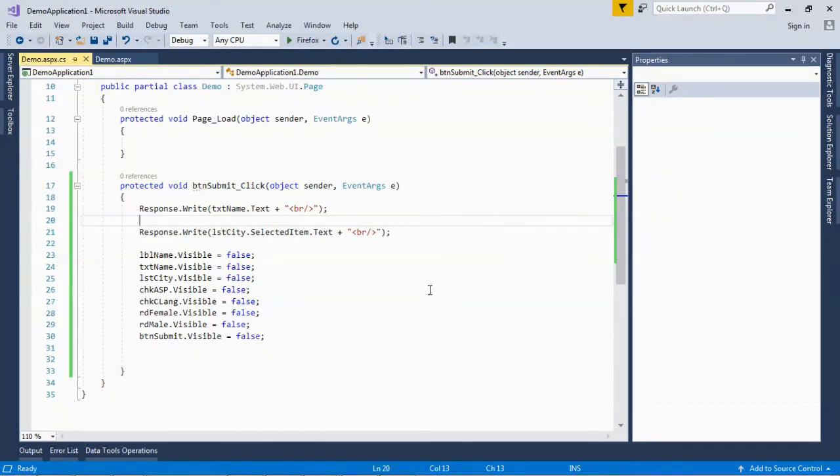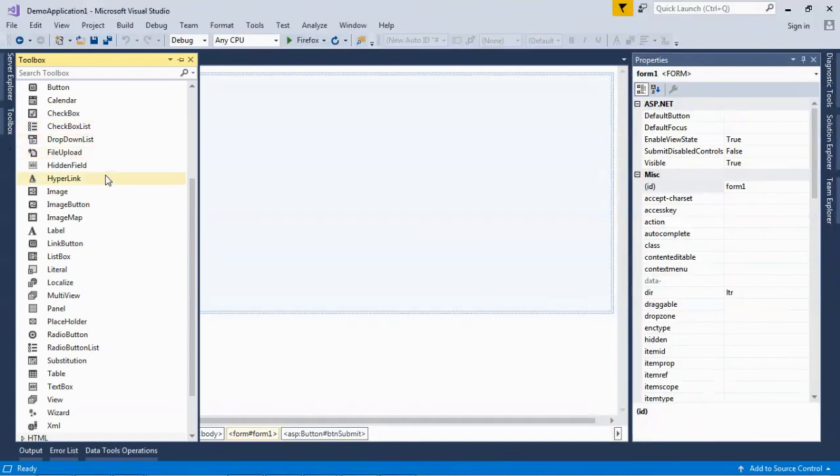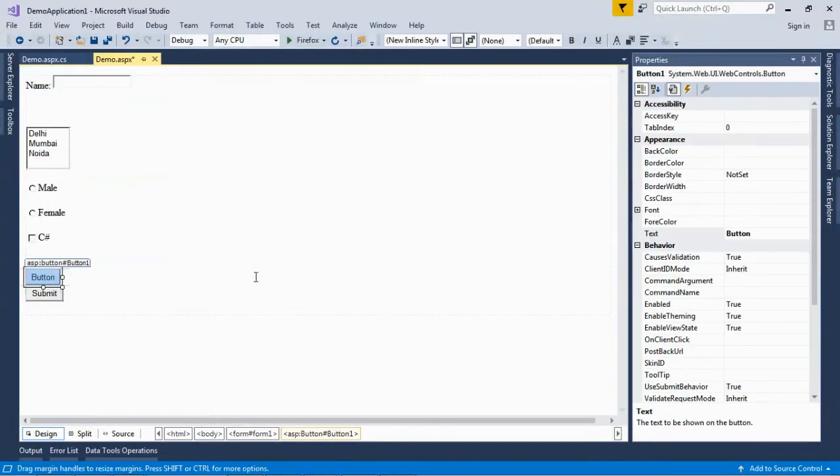I can do one more thing here. I can add one more button, which is a back button. For this, I just need to add one more button control here. Click on the toolbox, go to the button control, drag and drop.